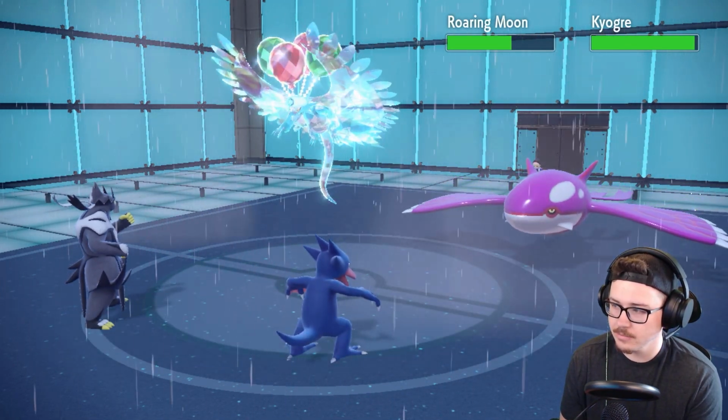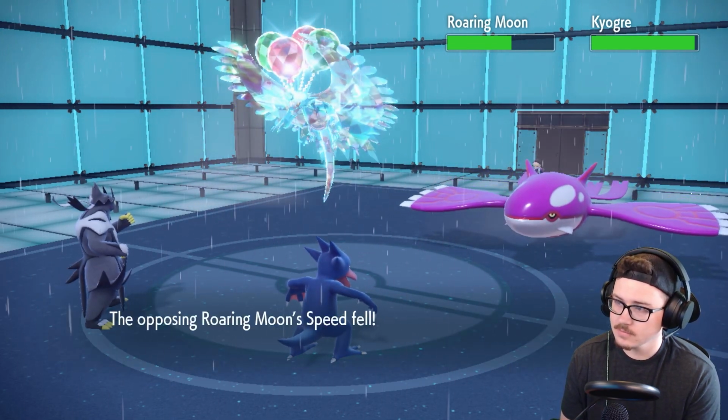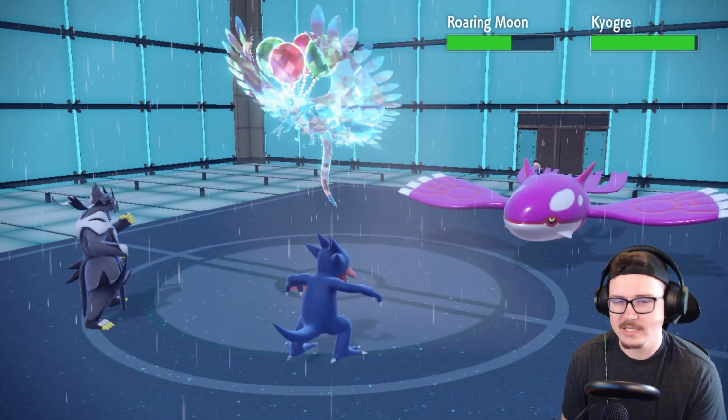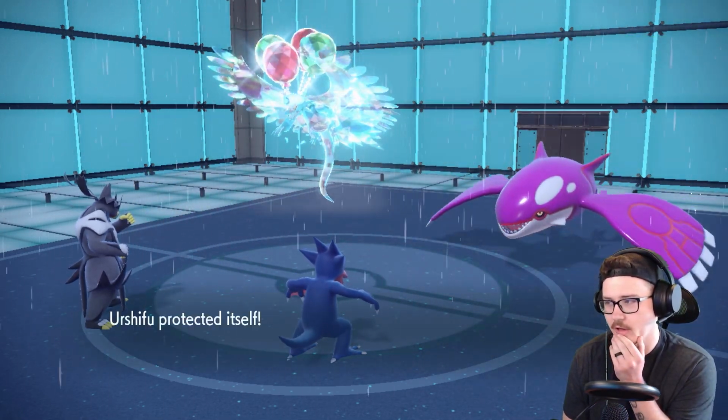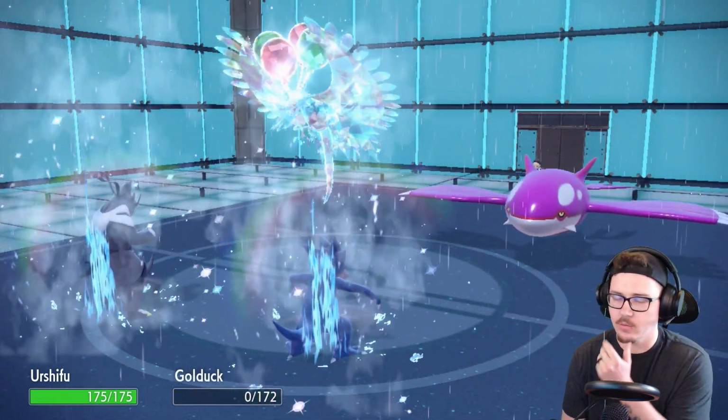Get a little chip, get some speed drops. They go for Water Spout. Does Golduck take this hit? It's pretty much at full health, the Kyogre is, so I'd be a little surprised. Yeah, I didn't think it would, but...